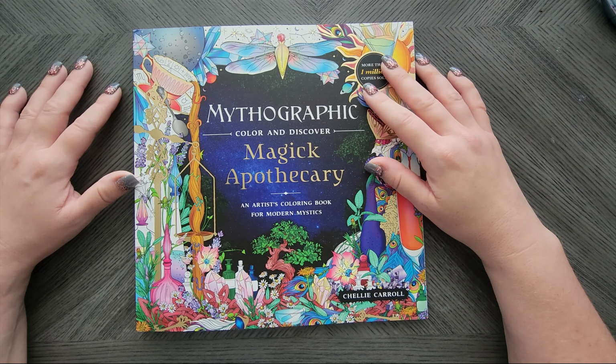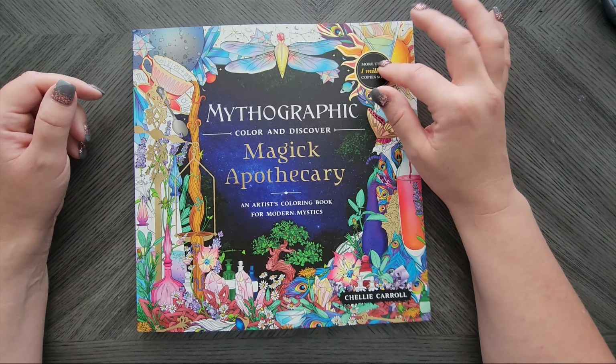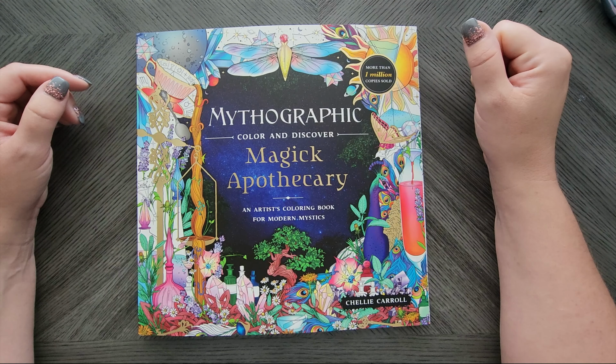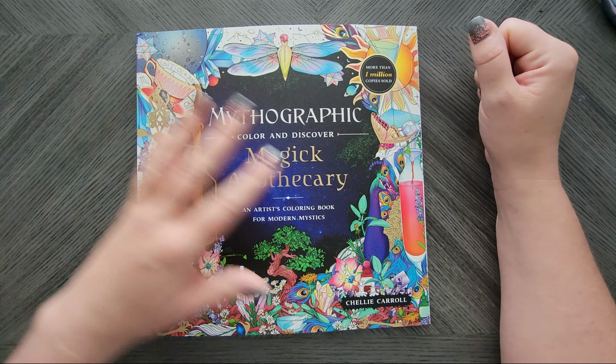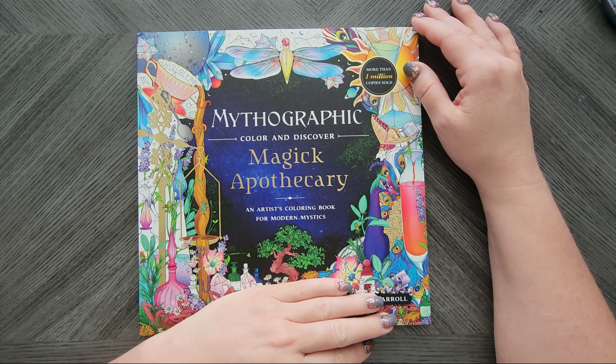I hope that they're not encouraging more small bits, because some of them in this one would just take way too long. Like I said, I would almost wash it over with watercolor and outline it and call it a day. But let me know if you pre-ordered this, if you liked it, hated it, mixed feelings, your